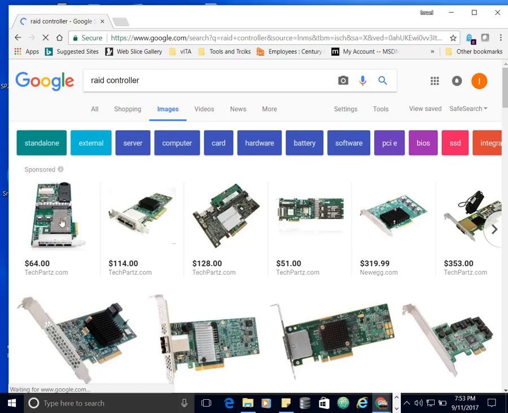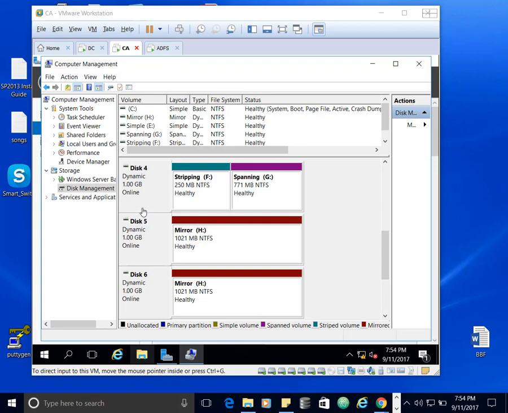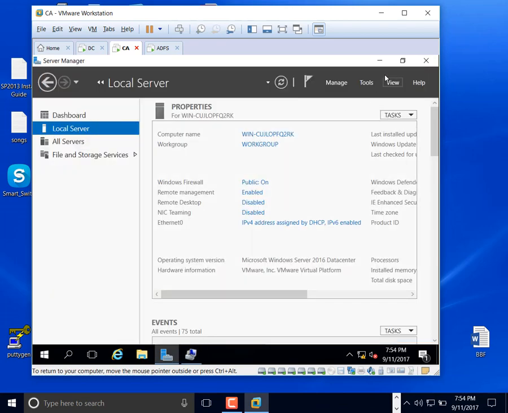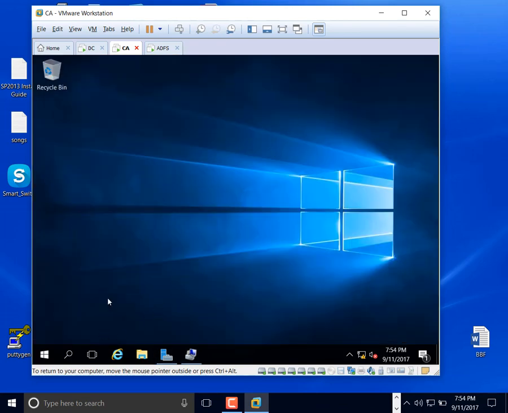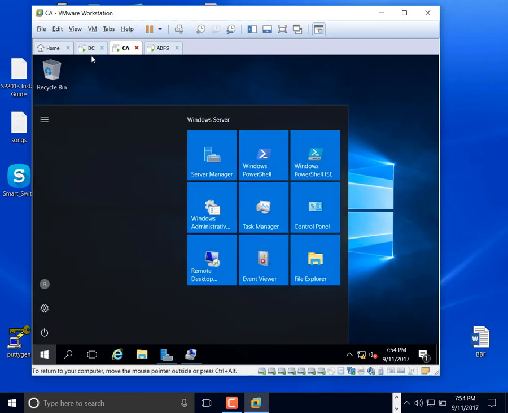So you're actually buying this card and putting it on your server, and all the calculation, all the workload of doing this calculation, this card is going to take it. So this thing has a CPU on it. So that will free up the CPU of your system from having to do this additional RAID calculation. Does that make any sense? If you do not do that and you go with this solution, you are actually adding more workload on your system. It's your call. There are times when it's not a big deal, but there are times when